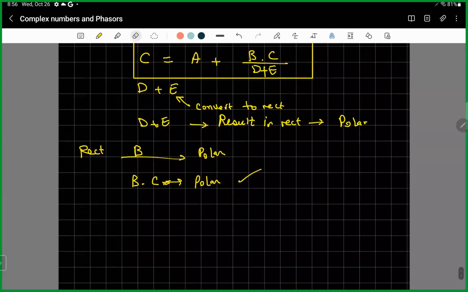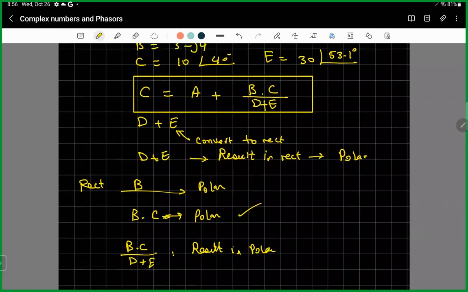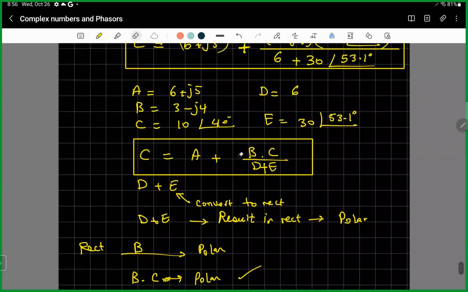That's no problem. When you divide, what you get is polar. So B times C over D plus E, the result is in polar. But you want to add the result to A, and you know when you add, it should be rectangular. So after you multiply and divide in polar, convert the result